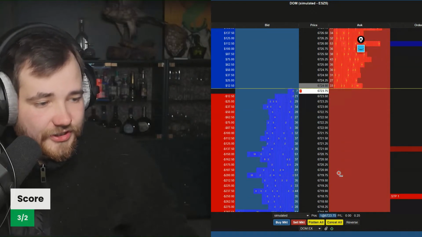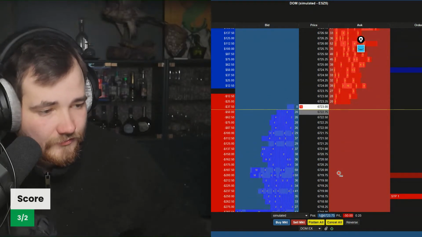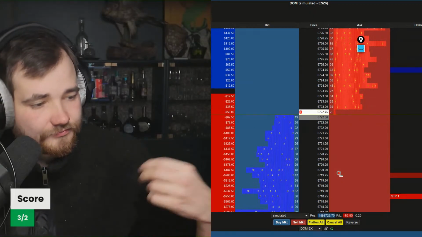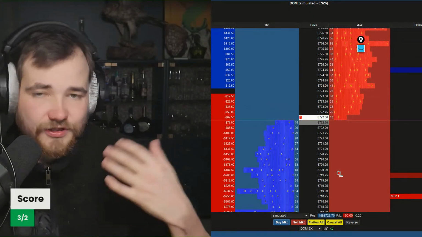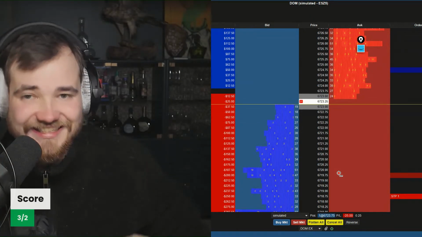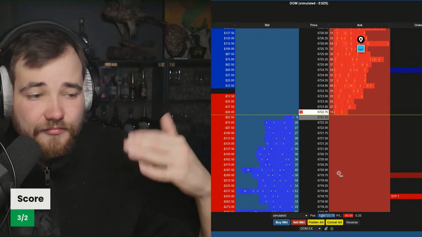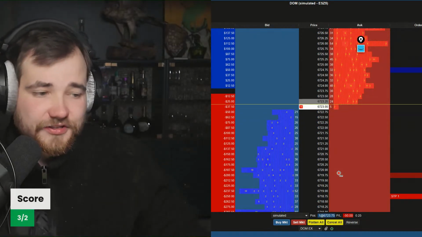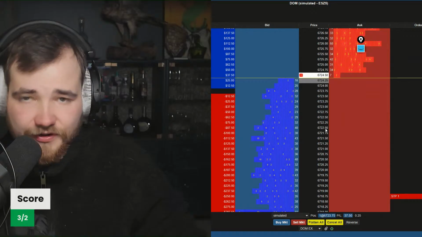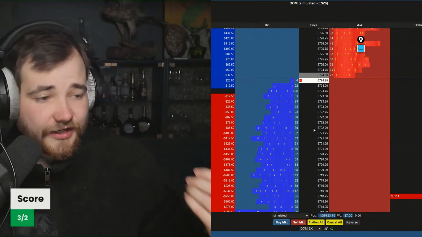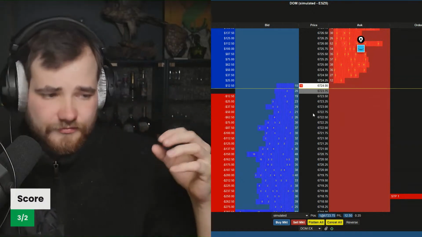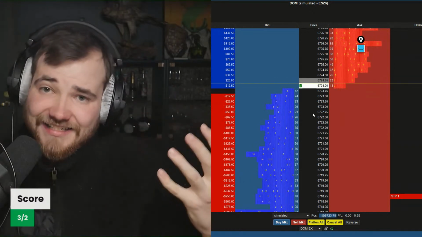Right now it's just staying still here. Usually the edge takes a while. Sometimes the edge is gone after you enter, because this is very short-term price action, and as you can see now, two sides are battling again. But here we saw clearly that buyers were in control. So maybe we could get lucky here and get the move. But right now, a little bit of the edge is gone. Usually you want to see it move quite fast in favor.